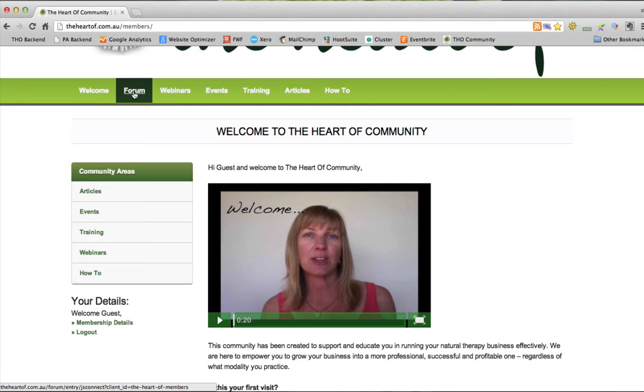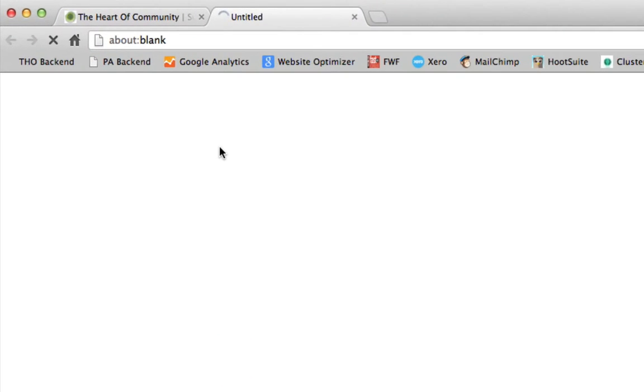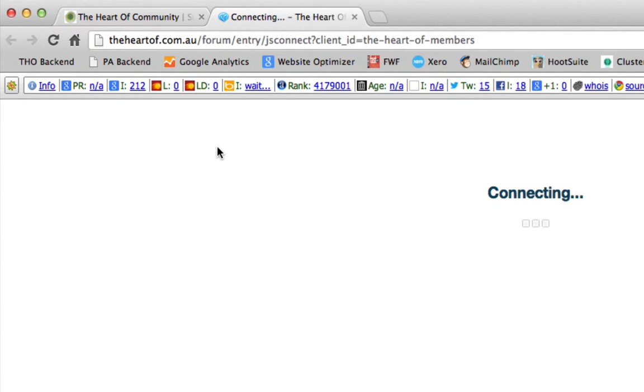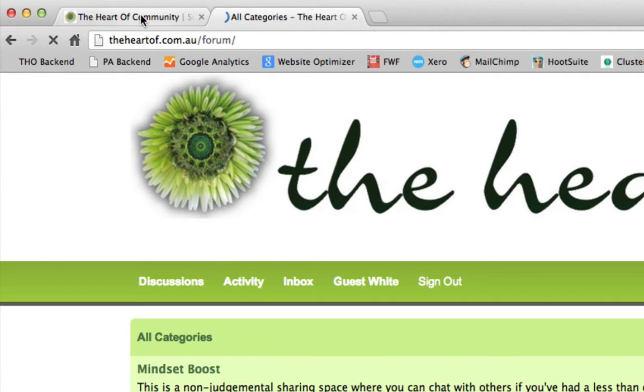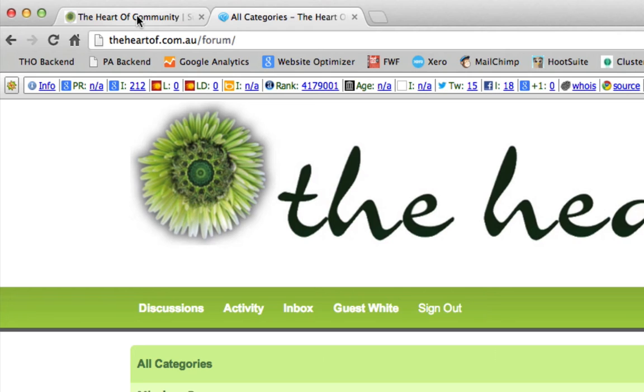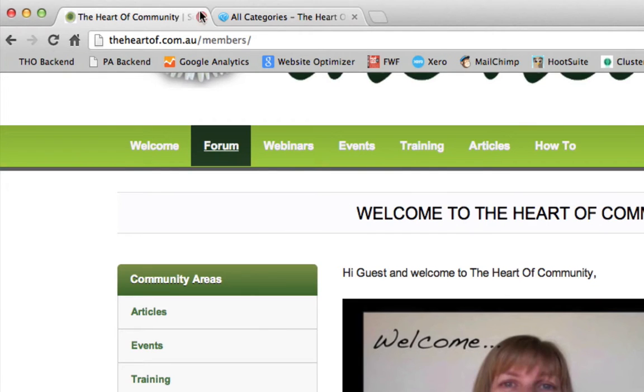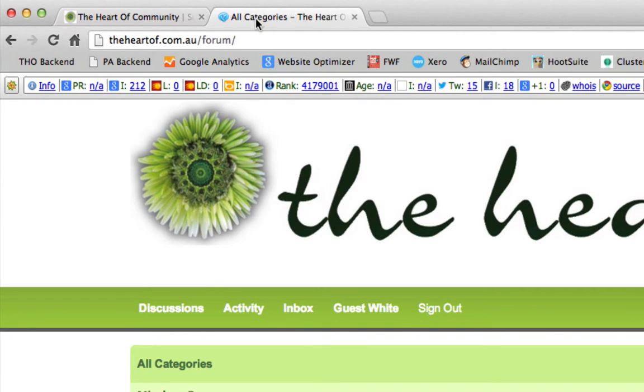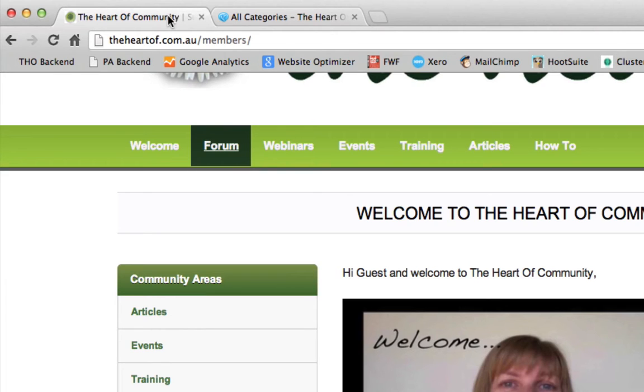Now your tabs will look different to my tabs because I'm on a Mac and I'm also using Google Chrome, but you can see here that the Heart of Community is still open on this tab and I can jump from one to the other. So please make sure that you're aware of that, because when you are in the forum, there's no way for you to get back to the main community unless you're using another tab. So that will always open in a new tab, and these will look different depending on what software you're using